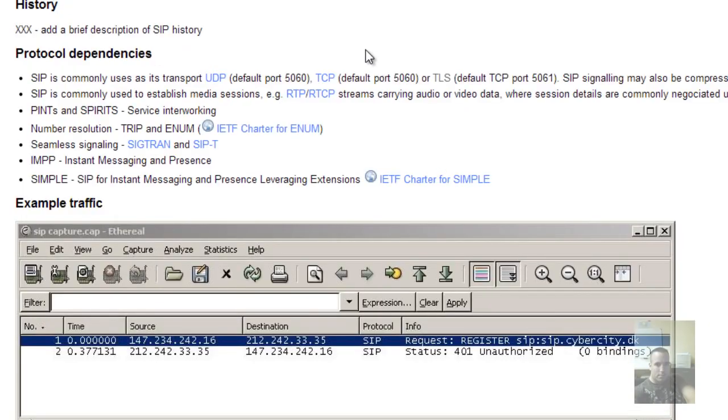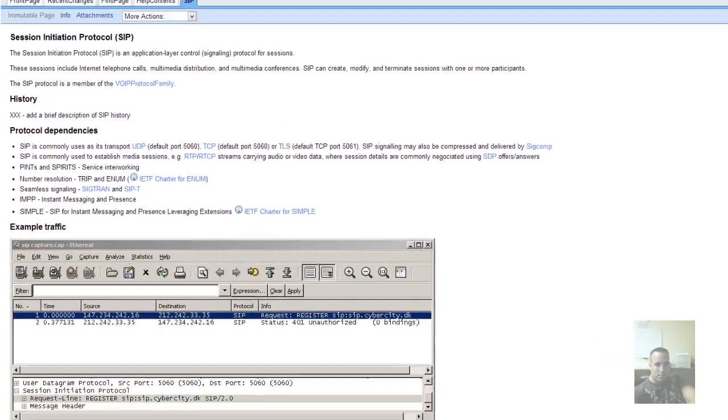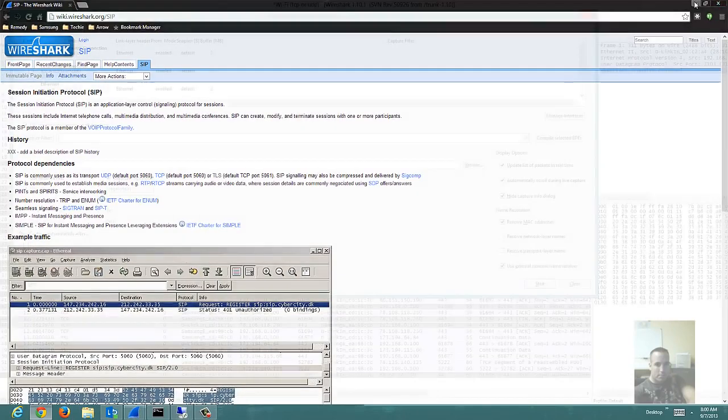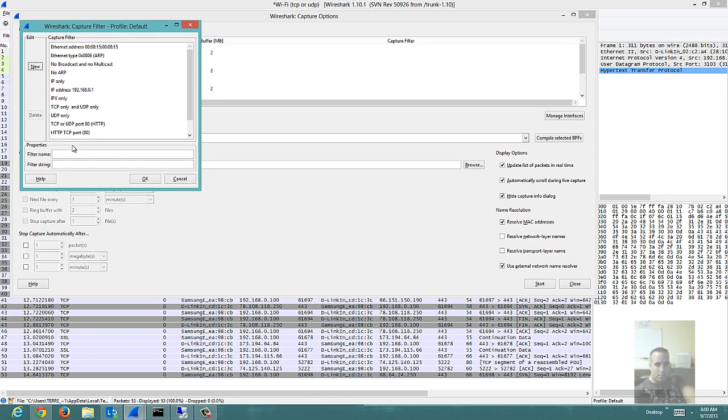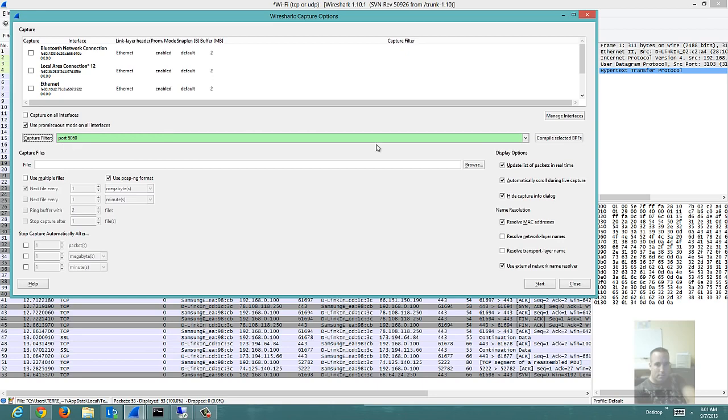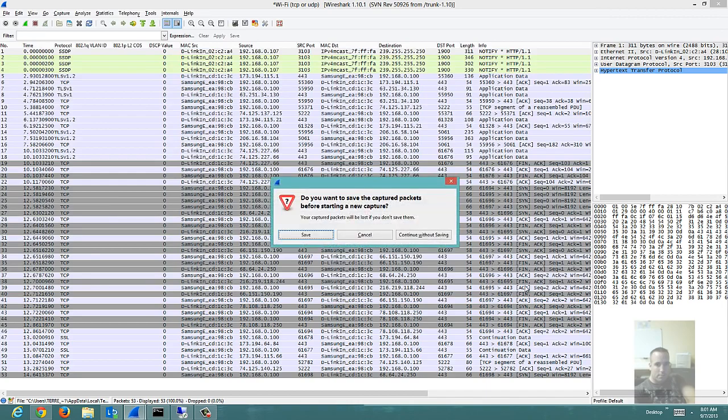Okay, so I can't filter just based on the protocol. However, what they're telling me is that I should be able to do a capture filter and say, if I wanted to just use 5060 instead of 80, and then we would call this SIP, that should work. So port 5060, and this is going to give me both TCP and UDP, port 5060, and if I hit start,